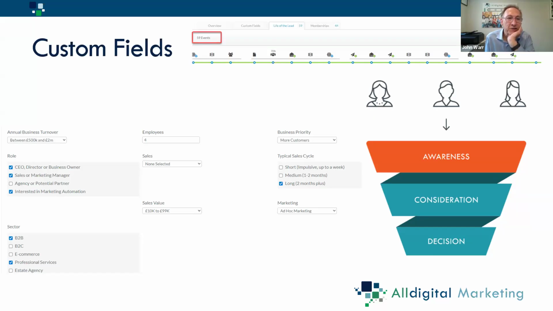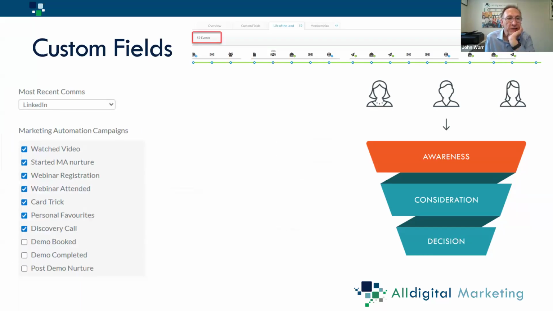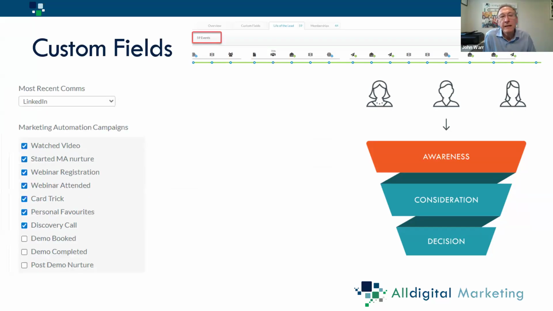However, this is standard, what you see in most CRMs. What you don't see in most CRMs is this next stage, which is we've been thinking about where they are in their buying journey. And because we have sat down and thought about the buyer journey up front, we, as within all digital marketing, understand that people go through a different set of stages. And they may not do this in order, and that doesn't matter.